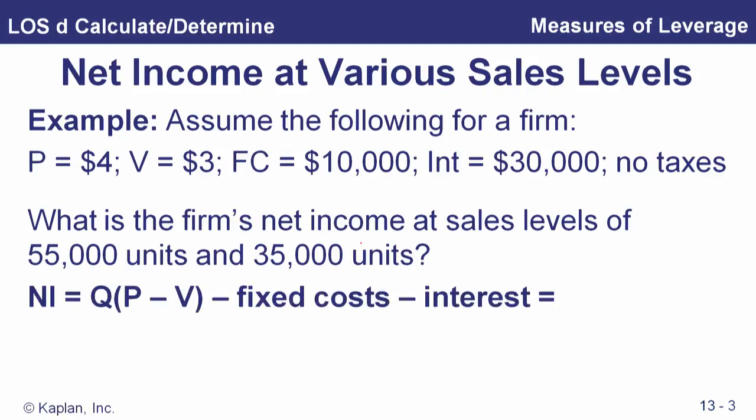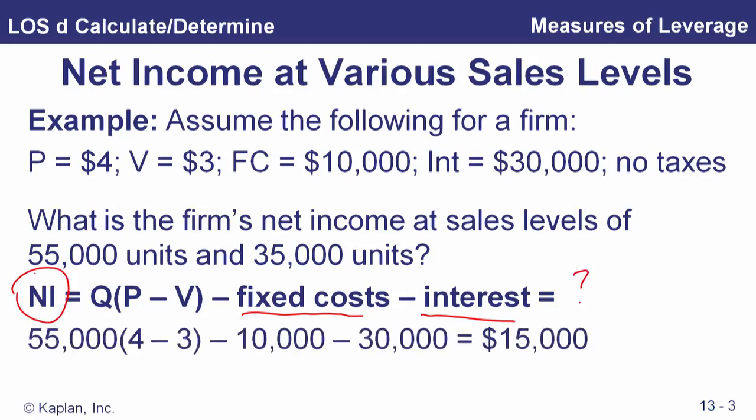Well, we can just construct a little income statement that says, take the quantity times price minus variable costs. That's what we've generated above variable costs. Then subtract the fixed costs and subtract the interest, and anything that's left over is our net income. So just like going down a simplified income statement. And there it is, $55,000 we've generated on our sales above total variable costs. We subtract 10 and 30 from that, end up with $15,000, and that's our net income at a sales level of